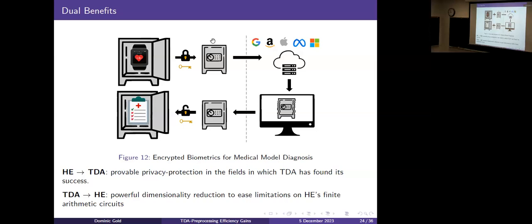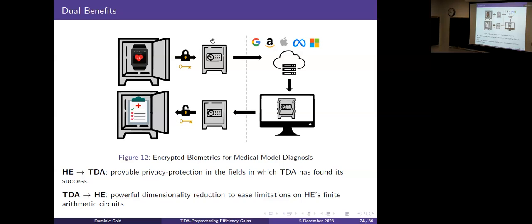those are all, generally speaking, patient data. So it would be great to allow researchers to continue working on those and even people to outsource tasks in that field, but now have privacy protection so that they're not divulging sensitive patient information, right? But then TDA provides HE, and this is what I'll be focusing on today, a powerful dimensionality reduction to ease the limitations on HE's finite arithmetic circuits. This is a really powerful form of feature extraction that can reduce complex point clouds to effectively